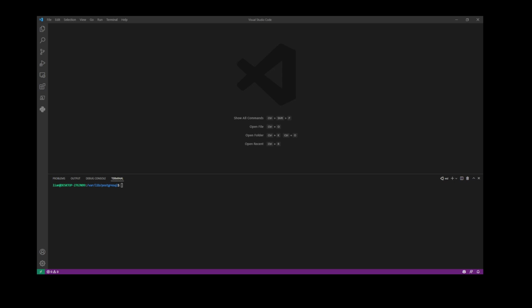Now let's get started. First, you open your terminal in your VSCode. You type in sudo apt update. This will fetch all the updated packages on the website. And then you just type sudo apt install